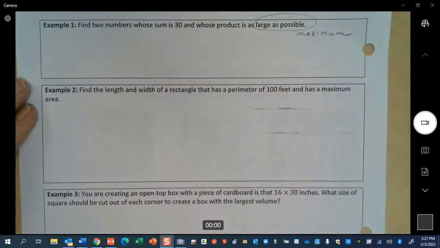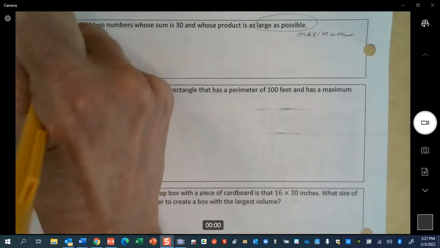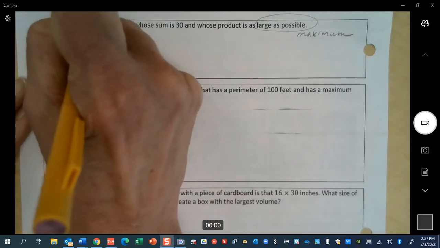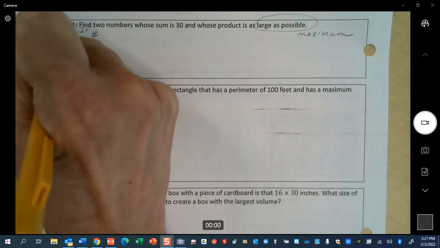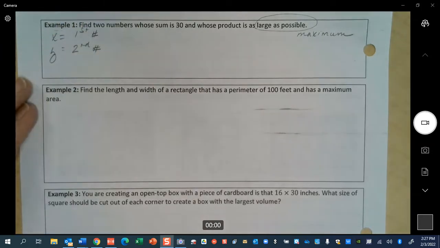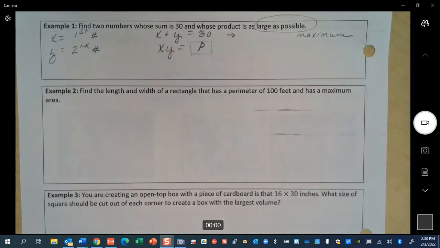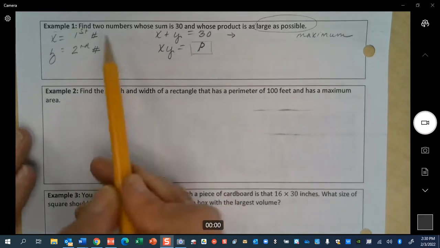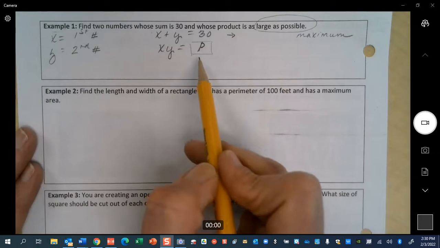We're looking for a maximum. So if I let x equal my first number and y equal my second number, with your group, talk about an equation that you could write to represent the story of the problem. Once I define my variables and I write my equations,